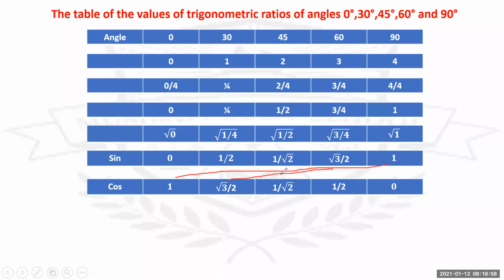Second last number will be the second number. Your middle number would be as it is. The second number would be the second last number, and the first number would be the last number. Check. I've written that in the opposite direction. The value I've started writing on the last number. Is this clear to all the students? Check. Sine is easy, cos is easy. Now, after that,